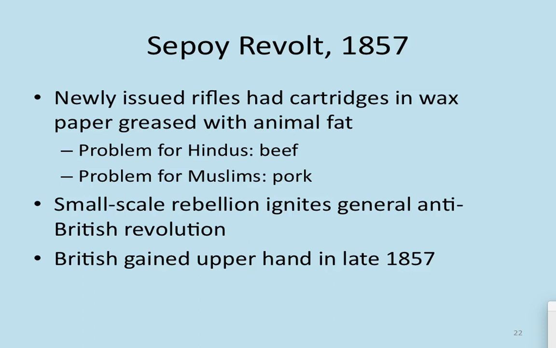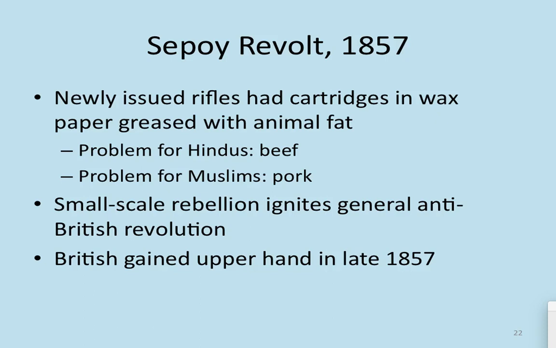You need to know that the guns the British gave them supposedly have either pork or beef grease on them. Now, ladies and gentlemen, before we had manufactured grease, you had to use animal fat to grease your guns. Like when you cook bacon at home, you know all that grease that you throw away now? They used to use it for baking and for their gun use. If you had a gun, you used to put animal grease on it in order to get the gears to shift. So there was a rumor that the guns had either beef or pork, which angered the Hindus and the Muslims.